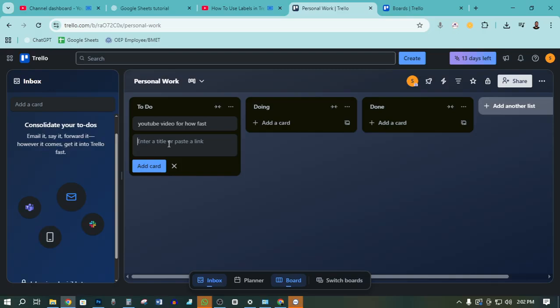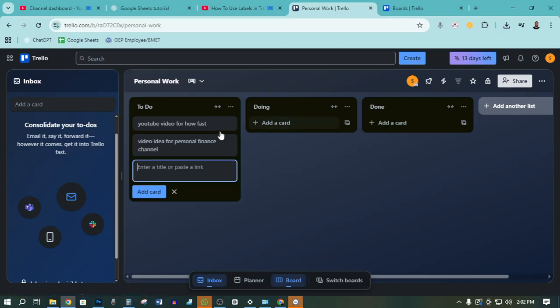Again, if you want to add more cards, enter a title again. Add card. So you can make a huge list of cards using this option.